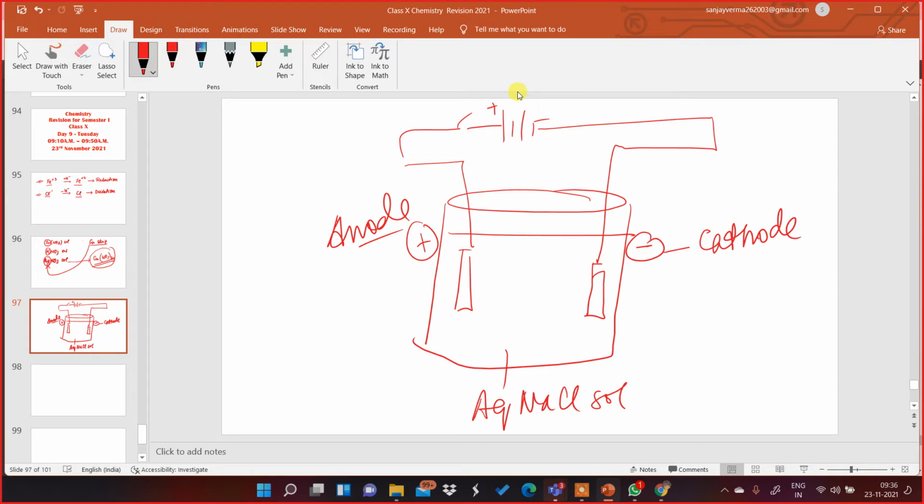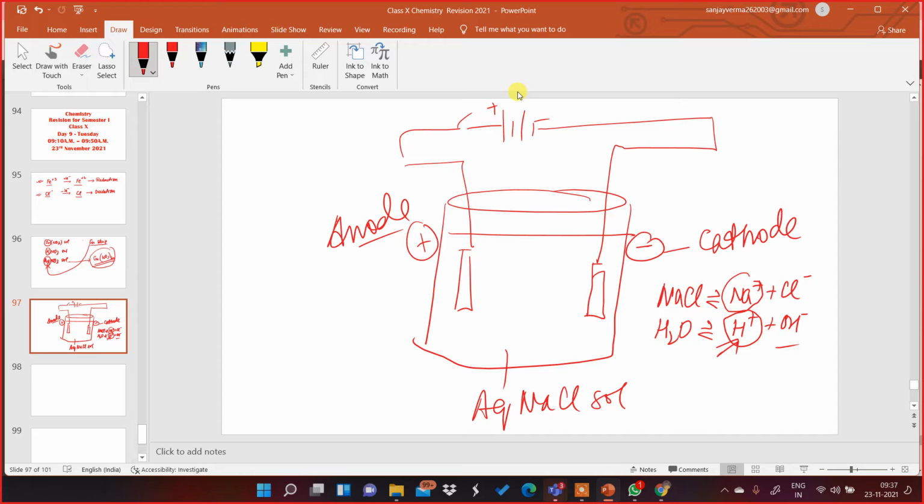Okay. Now, this aqueous sodium chloride solution contains the following ions. Sodium chloride will give us sodium and chloride ions, and then it has been made a solution by using water. So water is also there. Water is going to provide us with hydrogen and hydroxyl ions. Now, if you compare the position of sodium and hydrogen ions in the electrochemical series, the position of hydrogen